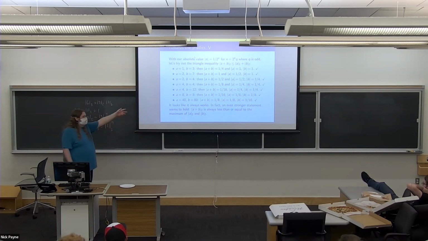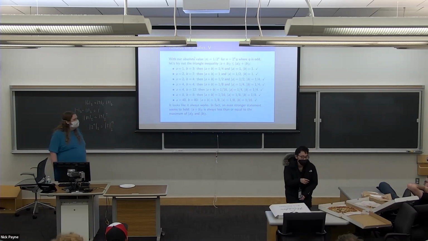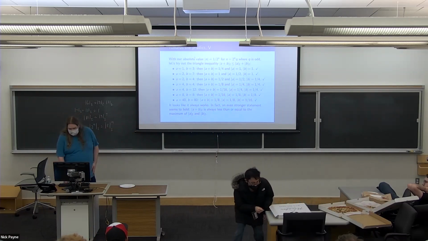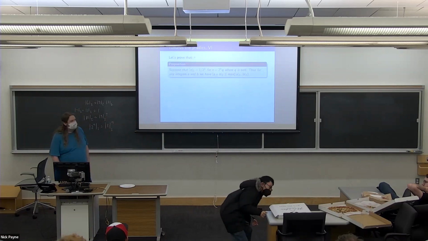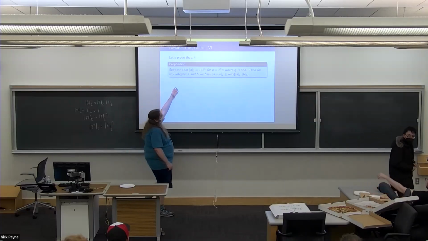It's less than or equal to at least one of the two. Always. I don't even have to compute the sum. I just look at whichever one is bigger, and that gives me a bound on the absolute value of the sum. All right. So let me prove that. So here's my absolute value function, 1/2 to the k.